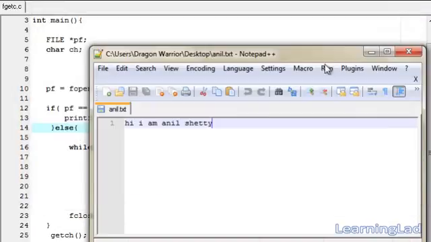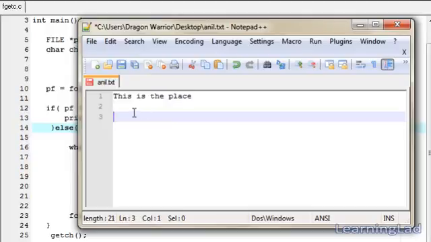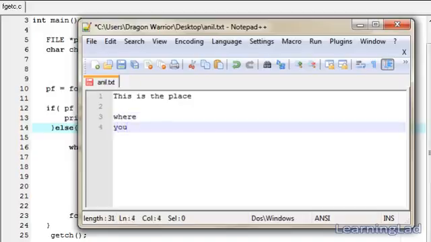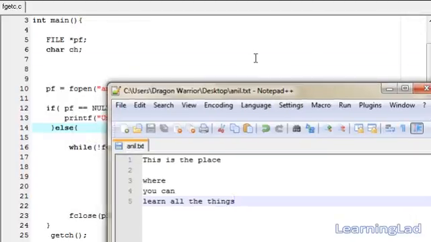So I'm gonna close this. Then here within this anil.txt, I'm gonna delete these contents and I'm gonna write some other thing. Let's write this is the place, then add a new line, blank line. Then in the third line write where, then a new line, you can, then align, learn all the things. So this is it. Now save it and we're gonna run our program,